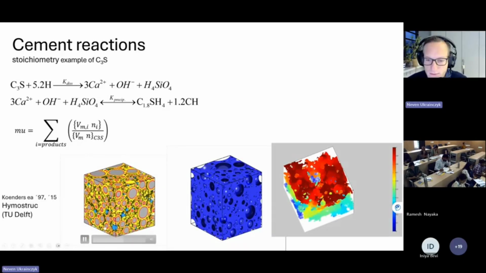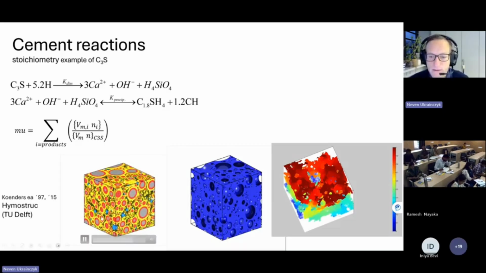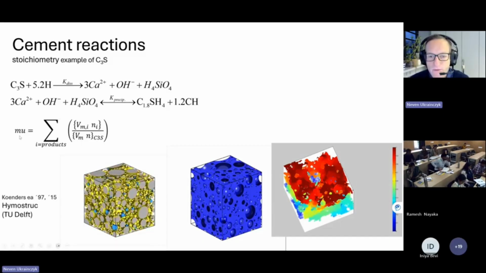If you would run it, you would see how these particles are placed in the box. So first you need to place cement particles in the box without overlapping, and then run the growing algorithm. And for this you need to know what is the mu factor, and the mu factor is the expansion,